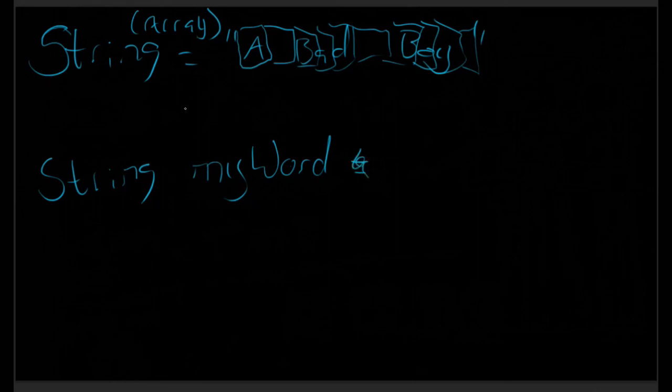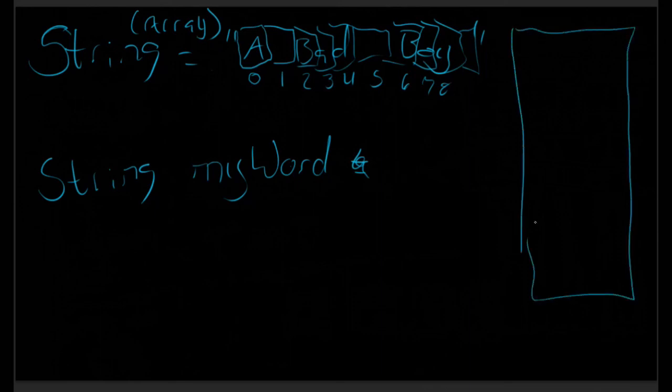The computer goes and says, here is what he's setting it to, and I need to be able to access these. So it simply does a numbering system. This element is 0, this one is 1, 2, 3, 4, 5, 6, 7, 8. And each of these is actually a char, so each of these in our memory is taking up